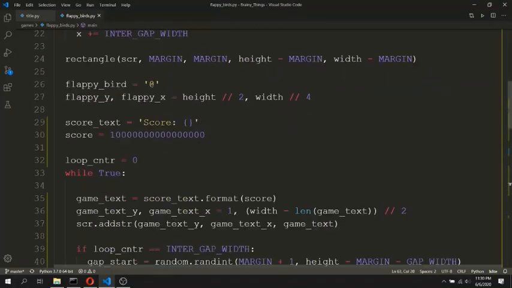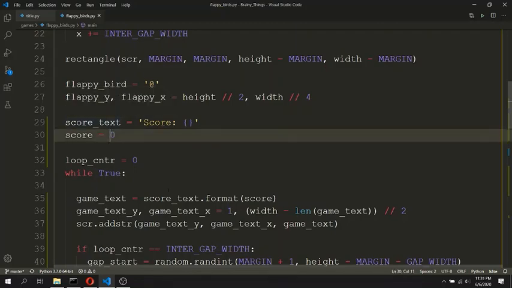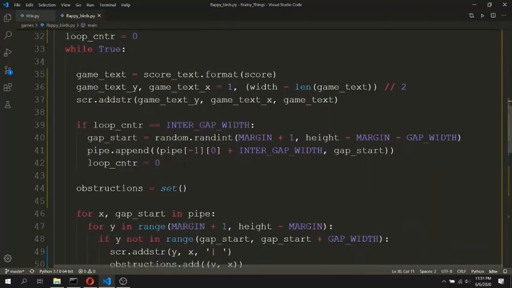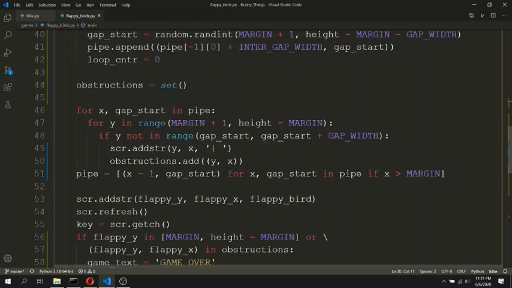So we can reinitialize this to 0 and we can start working with the updating of the scores. Where can we put it? We need to check if the flappy X is passing through the pipe or not, and to get the coordinates of the pipe, this is the ideal space.